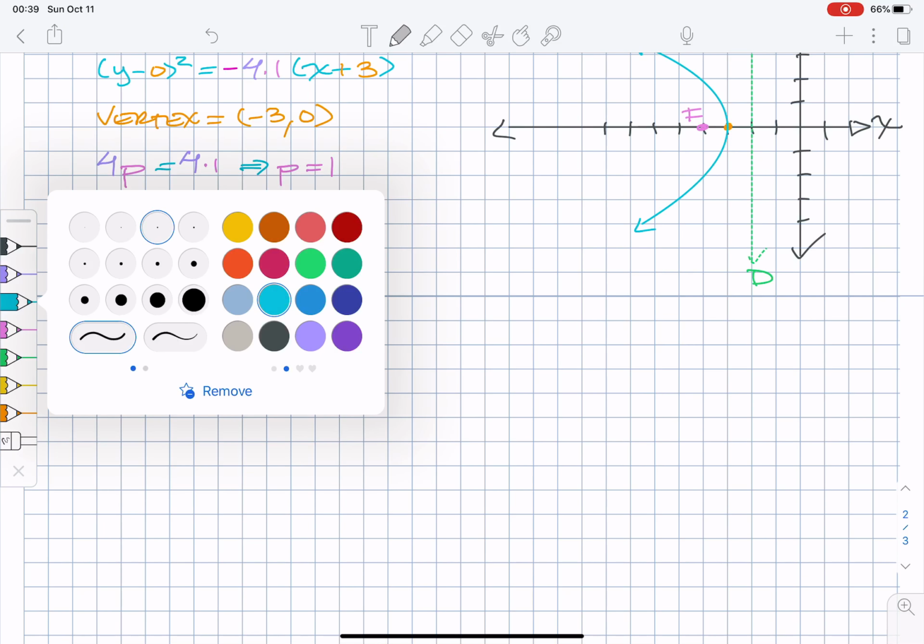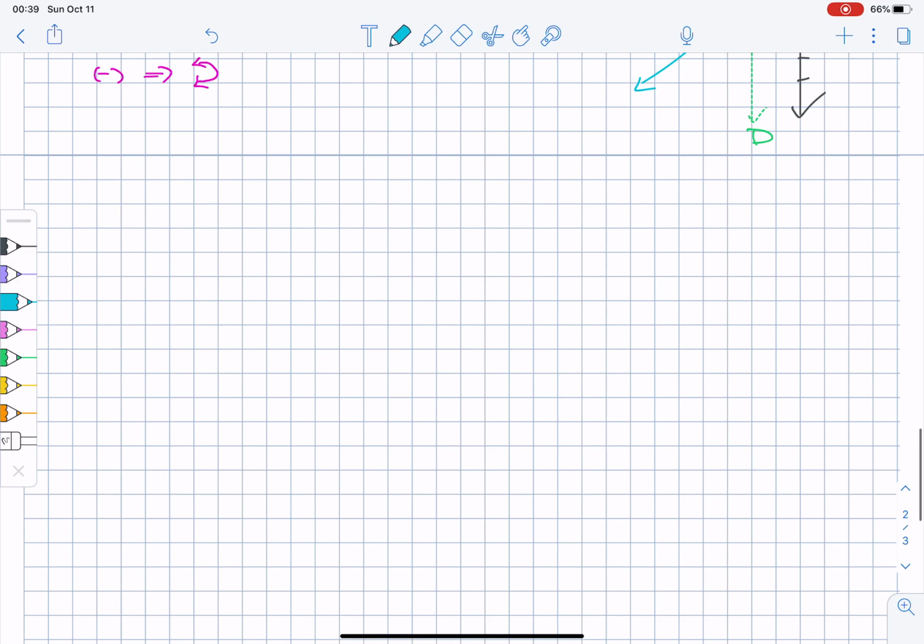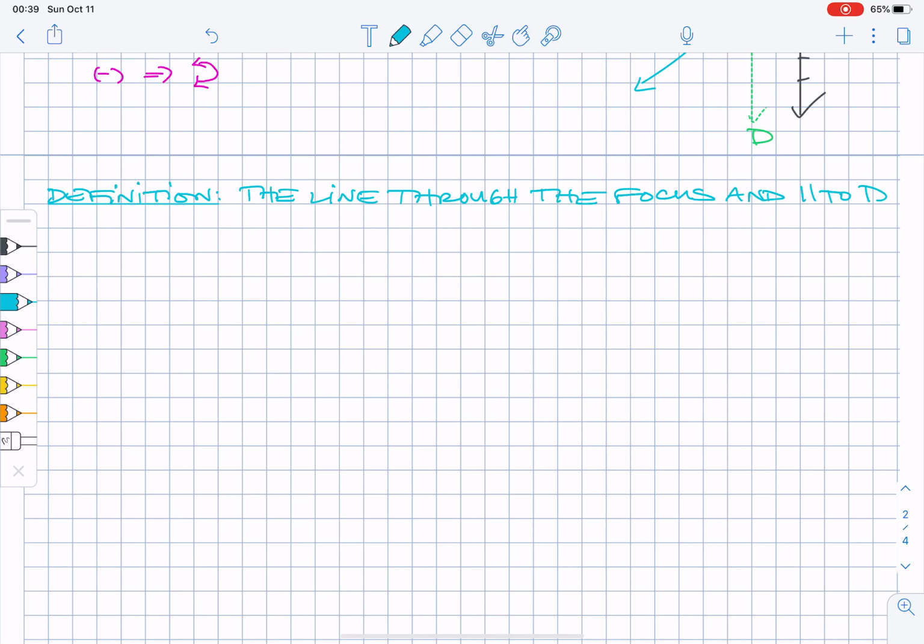So, definition: the line through the focus and parallel to D, the directrix,